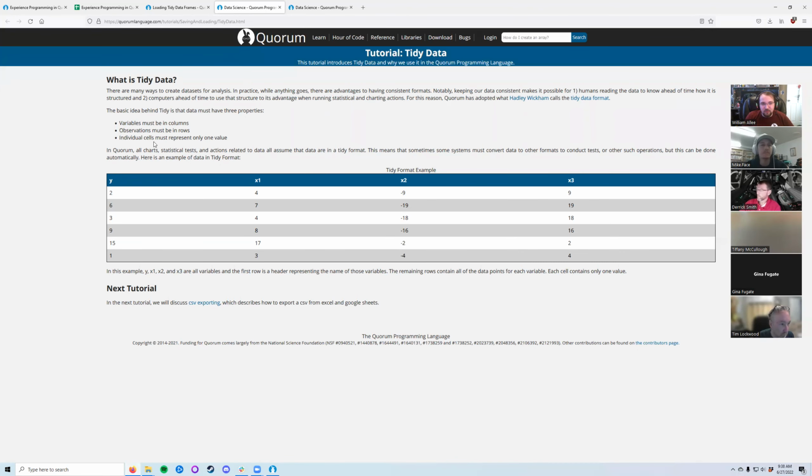And then finally, individual cells must represent only one value. That might seem kind of weird, like why would you have to say that? But there are absolutely cases where you might have a single cell in some set of data that you collect that has more than one piece of observational data in it. If you have that, you can't really use the data frame to perform any sort of statistics on it, because it's not going to be able to tell what the different pieces of the data are or what they're supposed to mean. For an example,